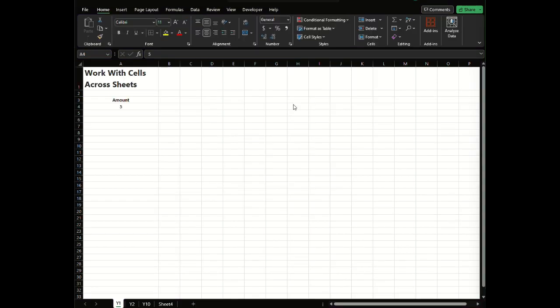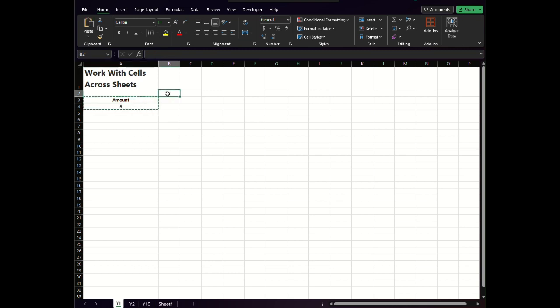How to work with cells across sheets in Excel. This one, called 3D Sum, works when you have multiple sheets in a workbook that all have the same basic layout, say quarterly or yearly statements. For example, in cell B3, you always have the dollar amount for the same corresponding week over time. On a new worksheet in the workbook, go to a cell and type a formula like equals SUM, Y1, Y10,